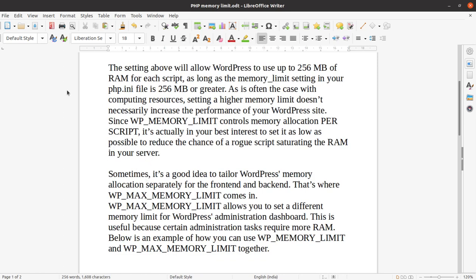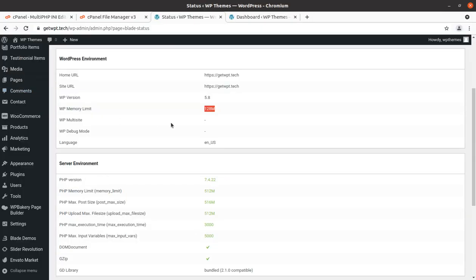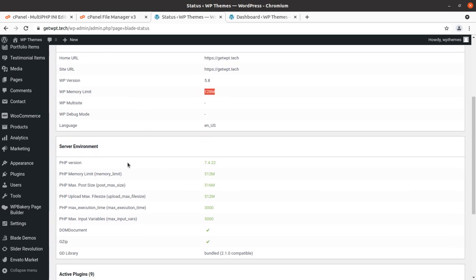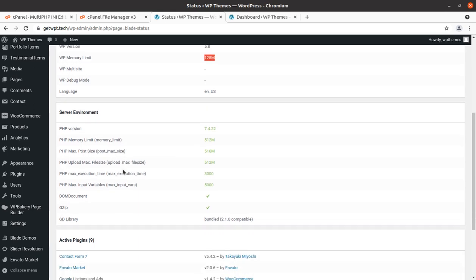Now let us come back to the screen. This is the WP memory limit, and this is for the WordPress environment. We set 128 M for the WordPress environment, but what about the overall PHP setting?